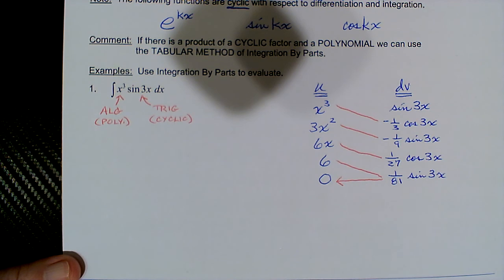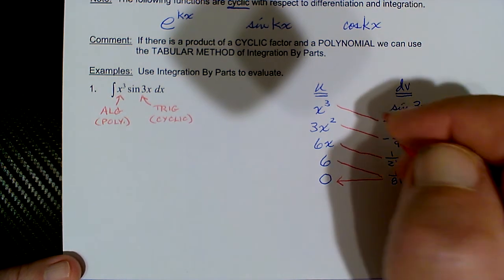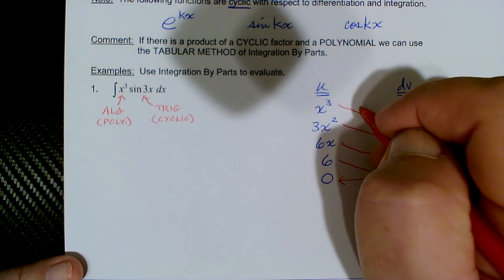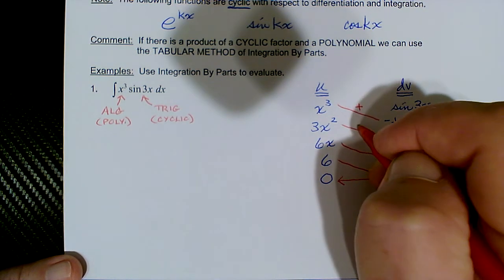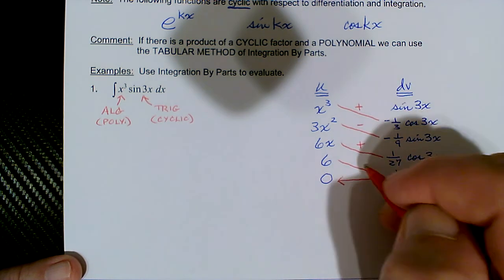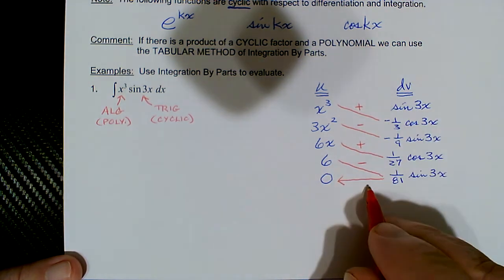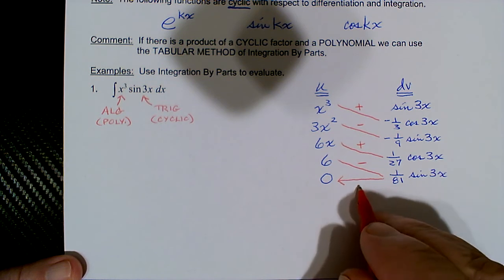And the reason why we alternate signs is because of the repeated application of the integration by parts formula. First term is always positive. And this is when we're talking about taking the product of these diagonal terms. Negative, positive, negative. And then for the final entry, for the final product of the diagonal, we should say plus